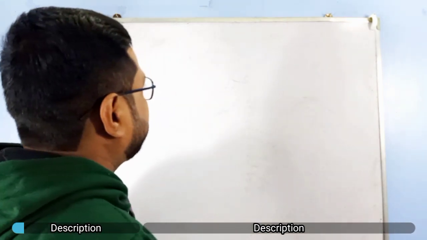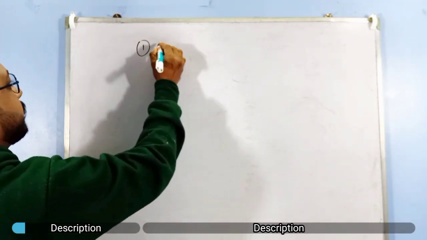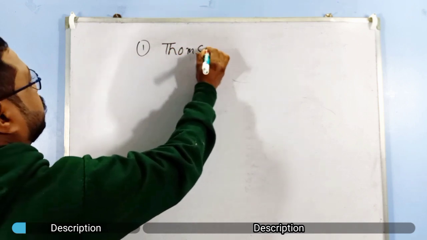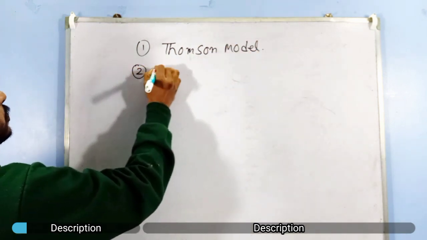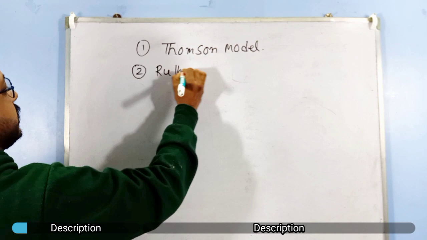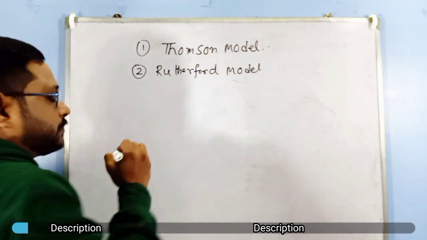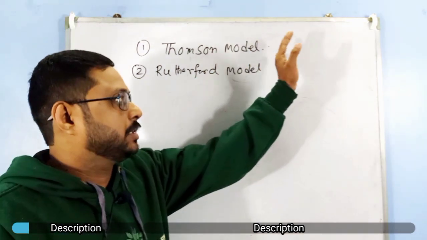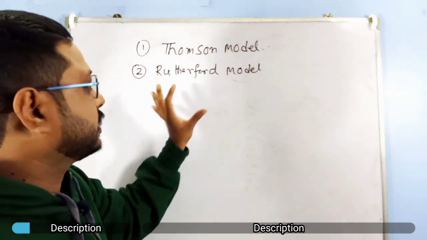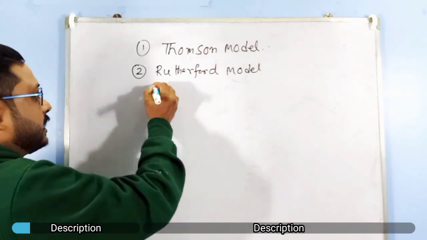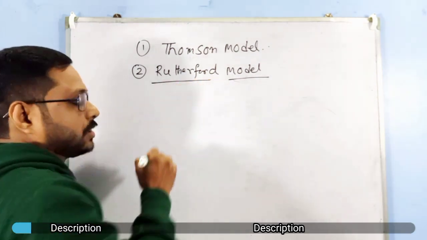So as you know, various scientists have given their atomic models. Thomson gave the Thomson model, also known as the plum pudding model. Number 2, the Rutherford model. But in this video we will not go into these two models, because the Bengali medium students and also the other students already know about the Thomson model and the Rutherford model. But due to difficulties in the Rutherford model, Bohr comes with a new idea.